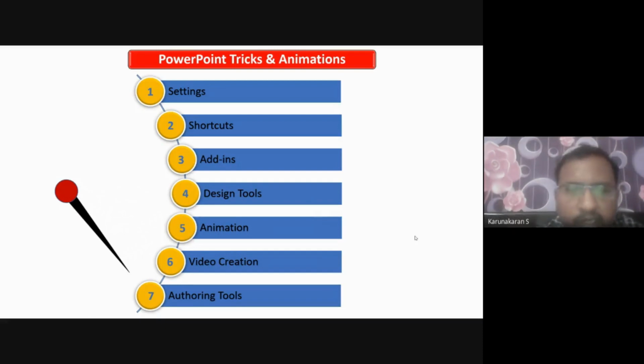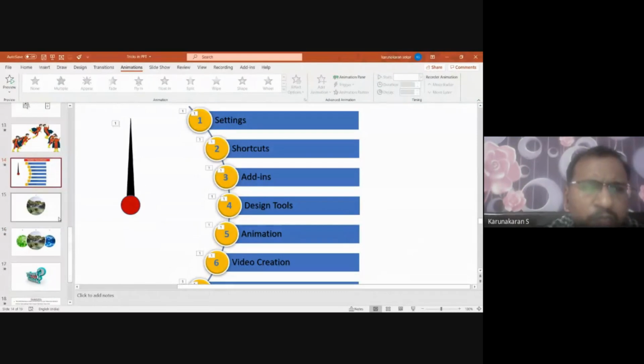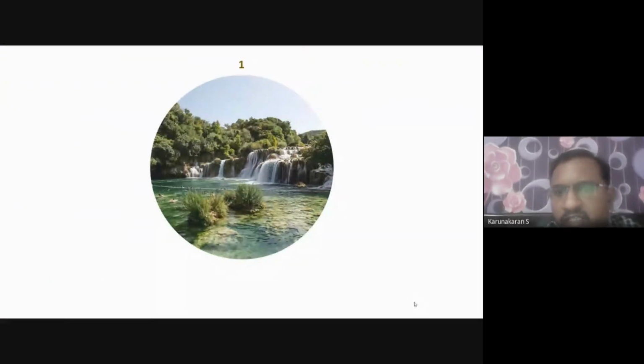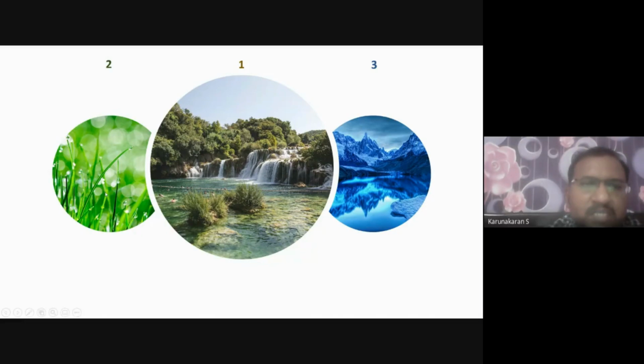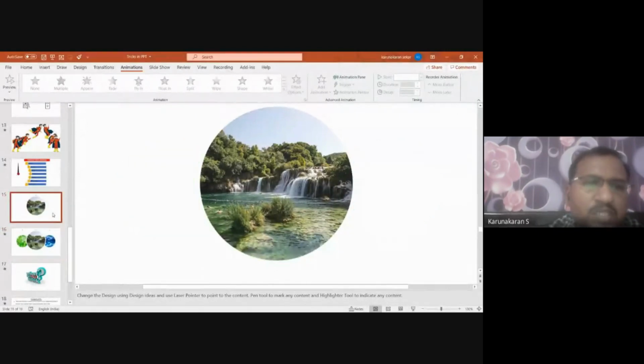We are running short of time and we have other important topics to be covered. So let me show you how to make simple animations. See, let me show you that first. If this is the image in this picture right now, and when I do the animation, it comes here. What you might think is, we select this image separately, use left entry, select this text, use right entry, add a top entry. All these animations might have been selected, right? But I have not done that. You can see this here.